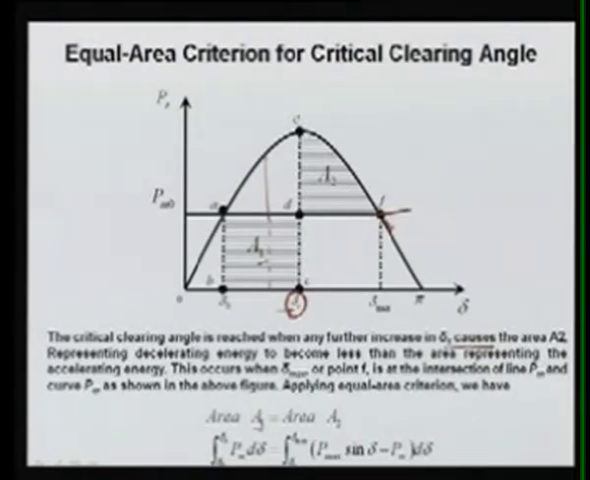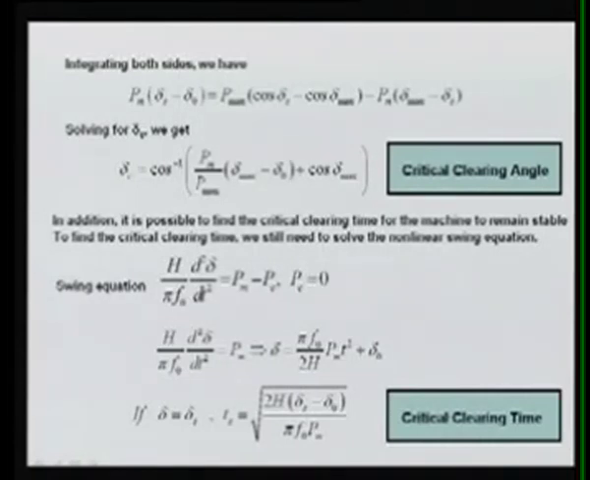So area A1, that is your ABCD, will be equal to your area DEF, this is area 2. So this area here, for this case, it is Pm integration from delta naught to delta c, is equal to your integration from delta c to delta max, here Pe minus Pm. So it is Pm max, here this is nothing but your Pe minus Pm d delta. So integrating both sides,